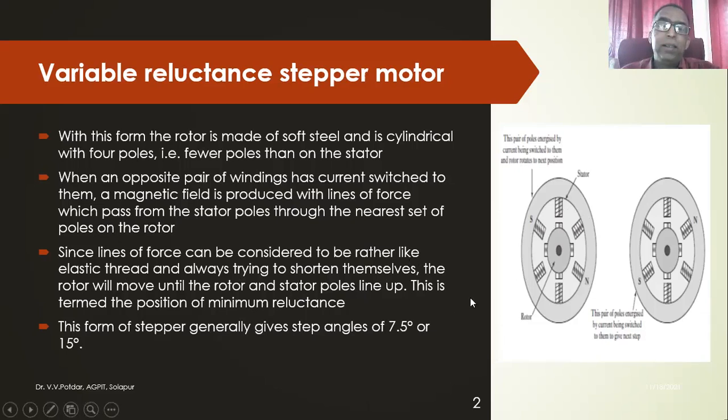This is termed the position of minimum reluctance. The rotor keeps rotating because of the magnetic field till the minimum reluctance position is attained. This form of stepper motor generally gives step angles of 7.5 degrees or 15 degrees. This is the resolution, the minimum angular positional change that is possible with a variable reluctance stepper motor.